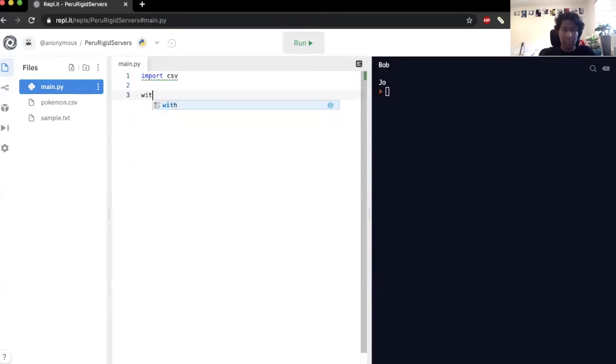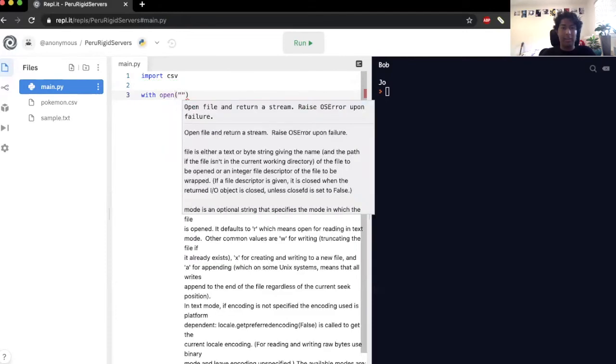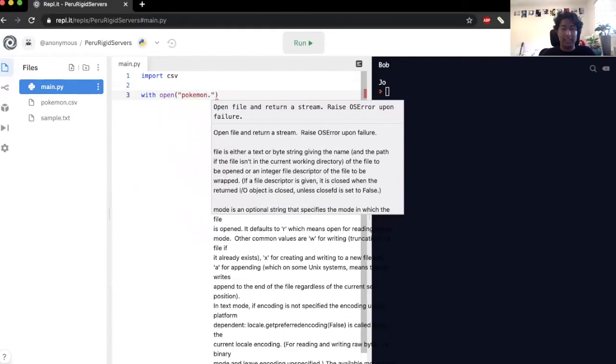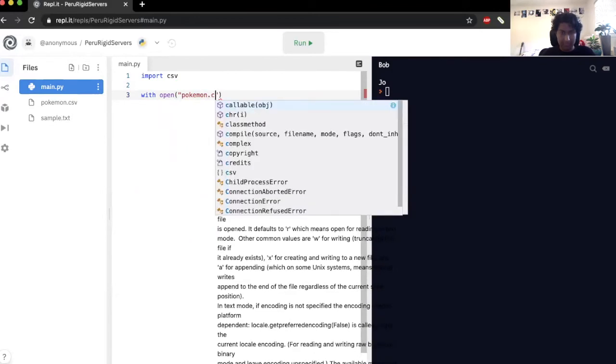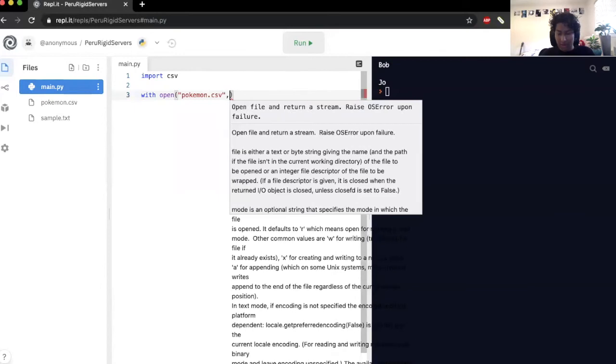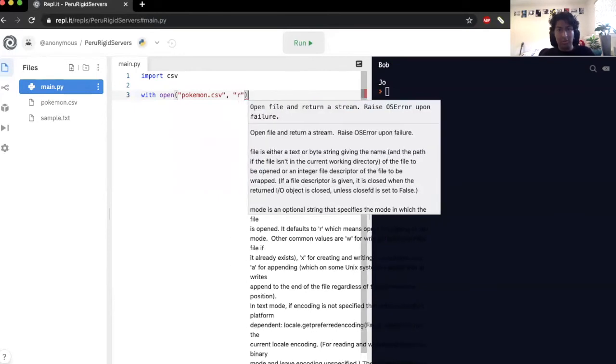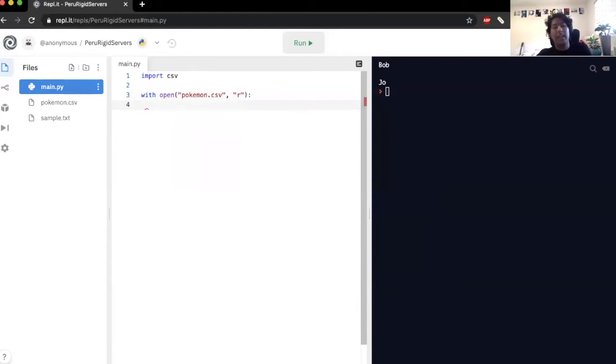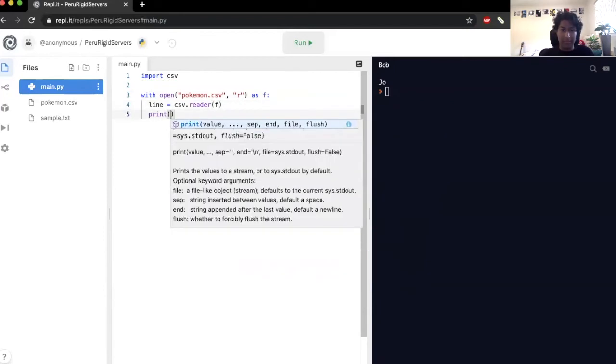For example, I'd write with open, and here I'd write Pokemon.csv. And I want to read, so I just write R. And with that, I can read all the files as F. I can read all the files and save them in lines as I do lines equals csv.reader, and here I pass in this F. And now if I print that, I can see